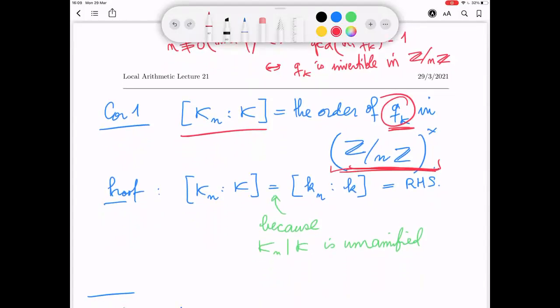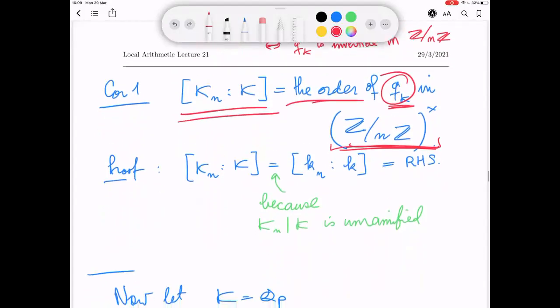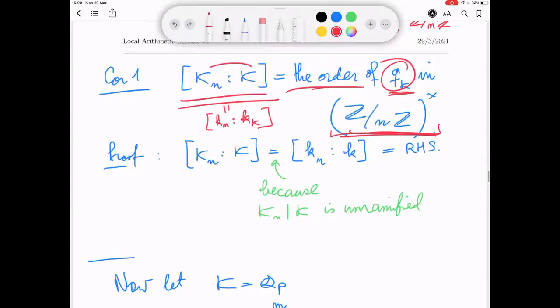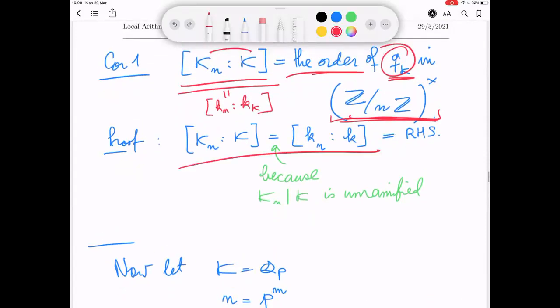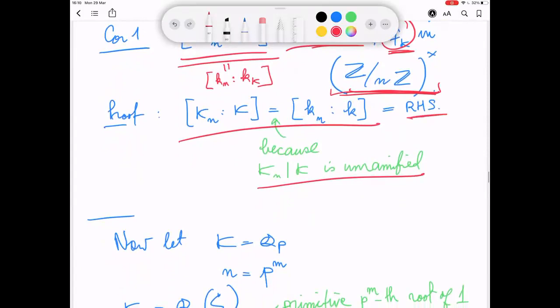As such, it has some order, and that order is equal to the degree of K_n over K. Of course, this is also equal to the degree of K_n over K_k, right? Because this is an unramified extension. Yeah, here it is. The degrees are the same because this is unramified, and this is equal to the right-hand